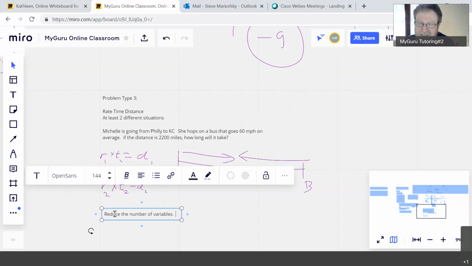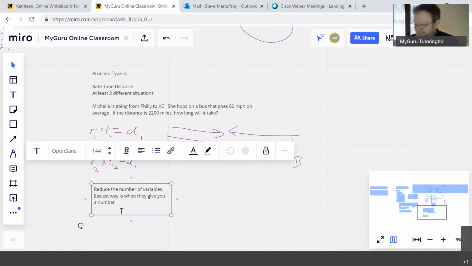So the easiest way is when they're going to give you a simple quantity, right? For example, if they tell you that Michelle is going 60 miles an hour, great. You've got a 60 to work with. You don't have to work with an R anymore, right? Okay, so that's fine. So then we've gone down from say 6 to 5 variables, right? But then you also want to be on the lookout for clues, right? So for example, if they meet